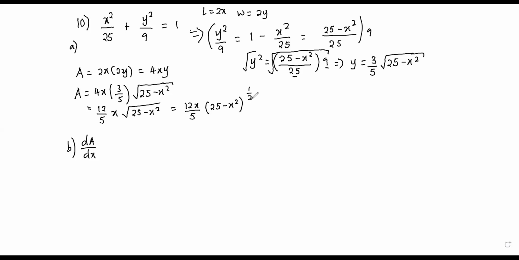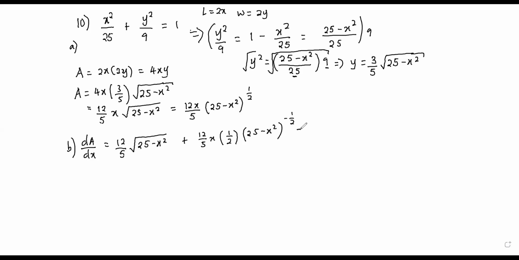So when we differentiate, using the product rule, we're going to have 12 over 5 times the root of 25 minus x squared, plus 12 over 5 x multiplied by half, and then 25 minus x squared to the power minus half,